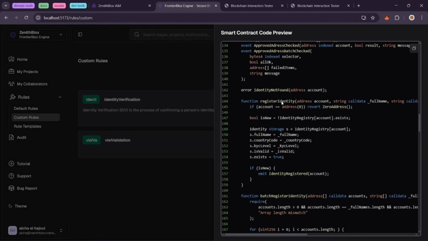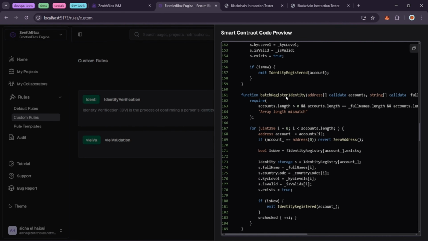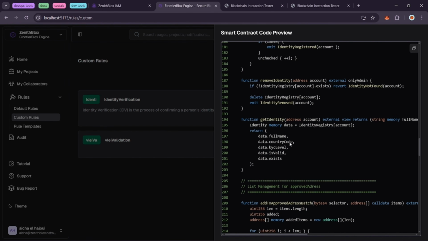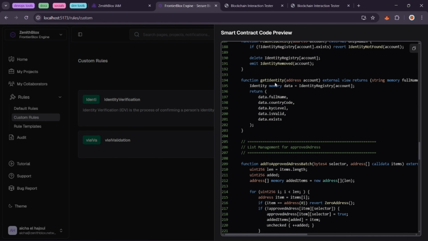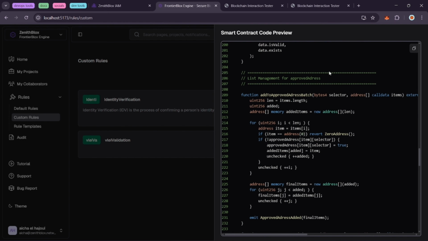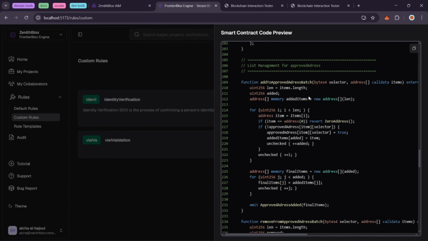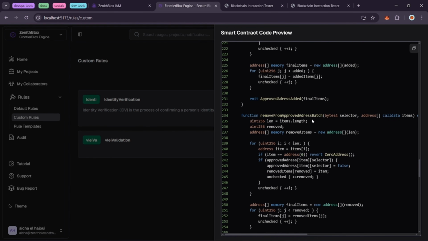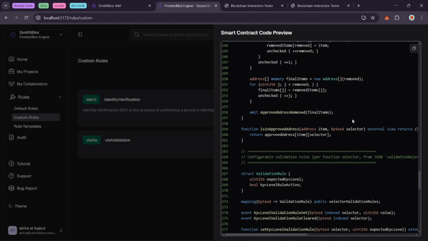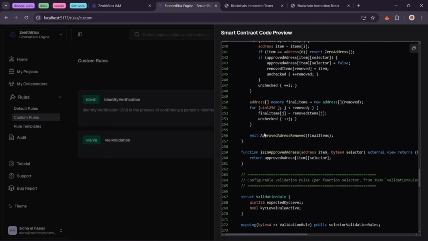And we have functions to register identity, registering identity by batch, and removing identity. Also a function to get the identity of an address. And this is the list management of the approved address. So we have add an address associated with a selector, remove an address associated with a selector, and also all the time we emit events for the